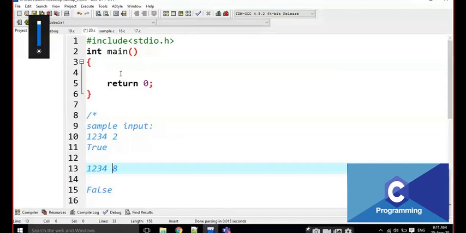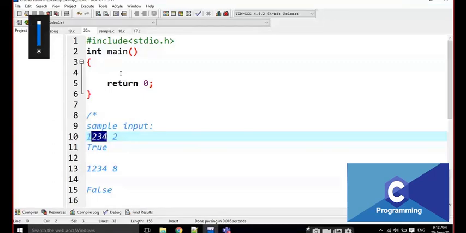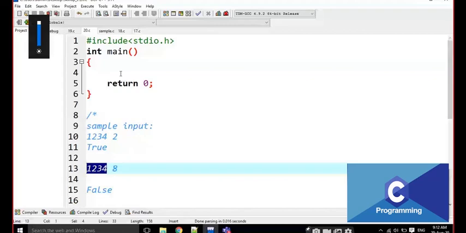First of all, I am going to search for this digit. I am going to search with the last digit, then the next digit, and the next digit. If the digit is found, I come out of the loop. There is no need to check all the remaining digits. For example, here 8, I am going to check with 4, 3, 2, 1. If it is not found and the whole number has been checked, then the digit is not found here. We are going to print a false statement here.